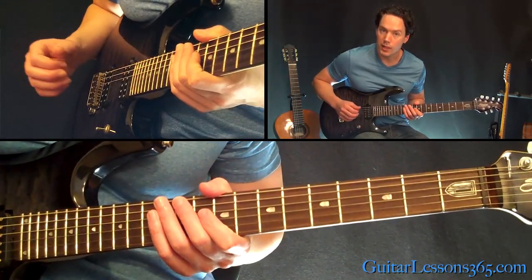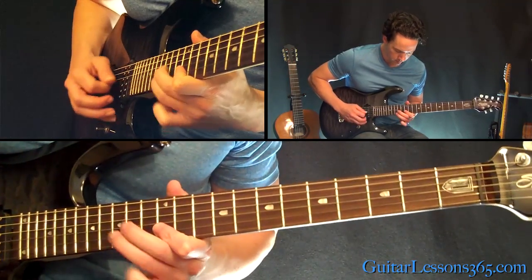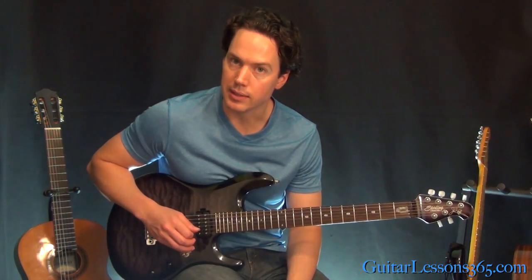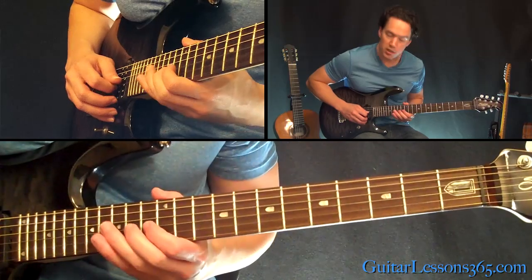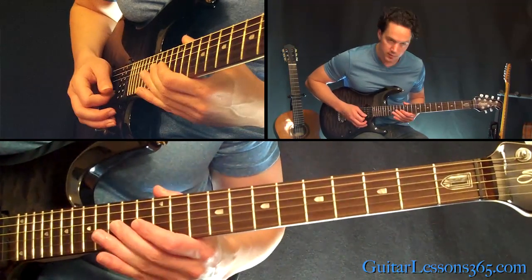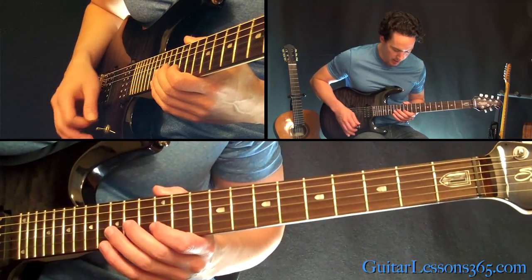All right, the last phrase, a little quick lick, sounds like this. All right, so as long as you get the picking down here, it's pretty easy to get this quick. Starts with a slow bend at the 14th fret. Do it with your second finger. All right, and then as you're doing that,